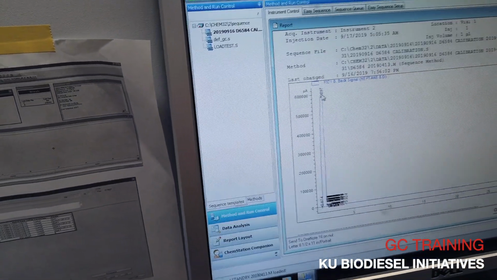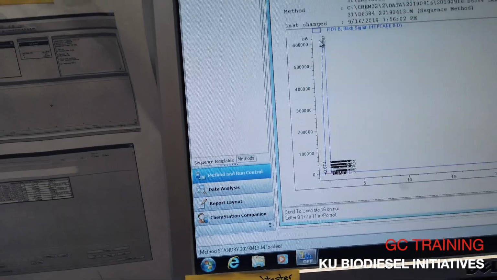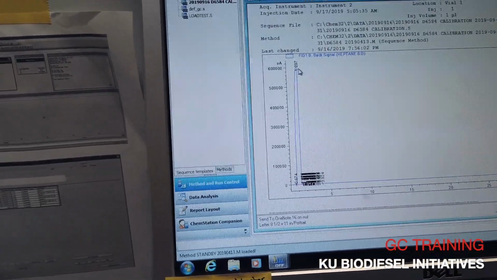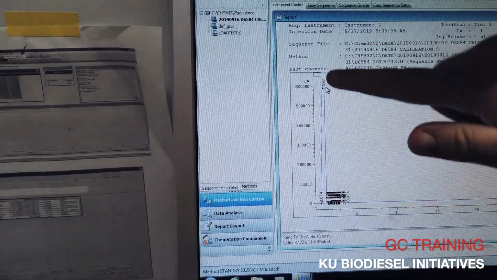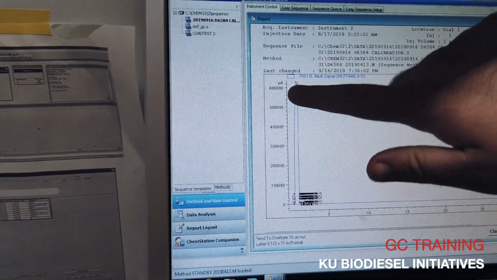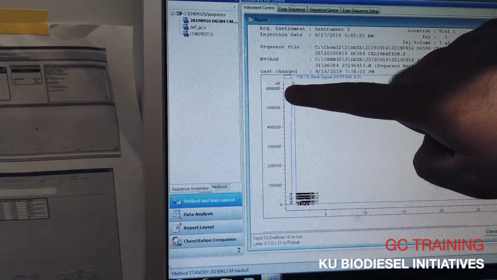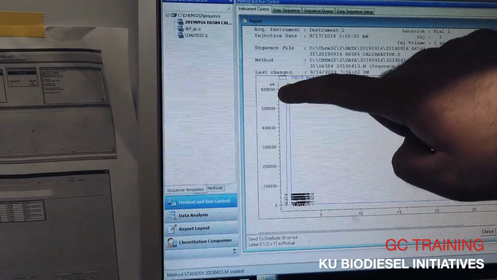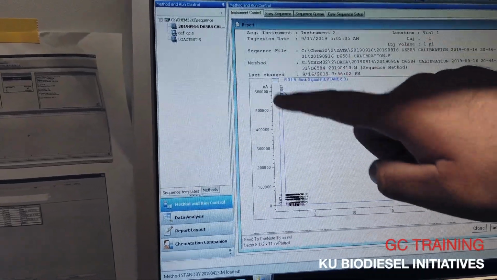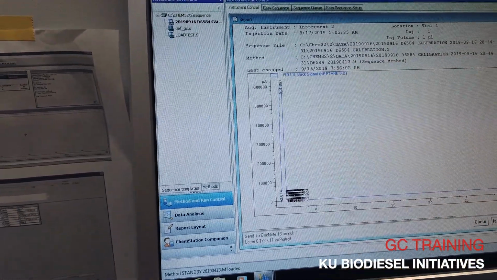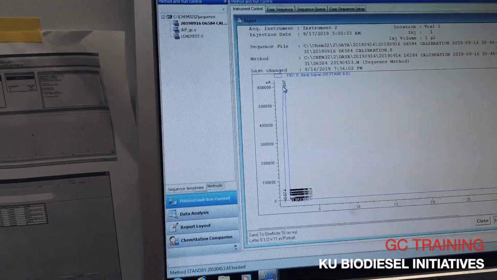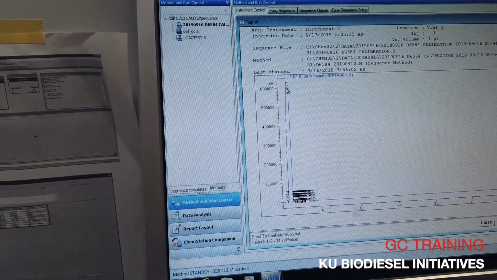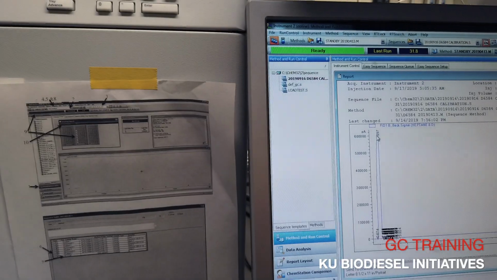I wanted it to be large and I wanted it to look like a shark fin, basically. And I also wanted it to have a very high, what's the word I'm looking for? I guess amperage. Because the way that the FID works is that you're generating a flame